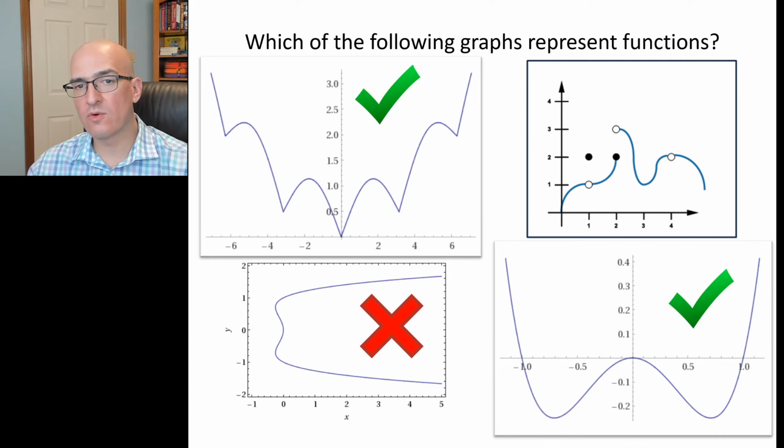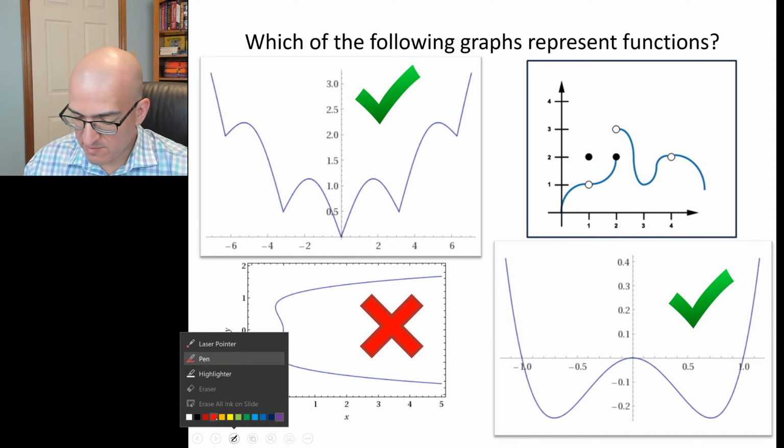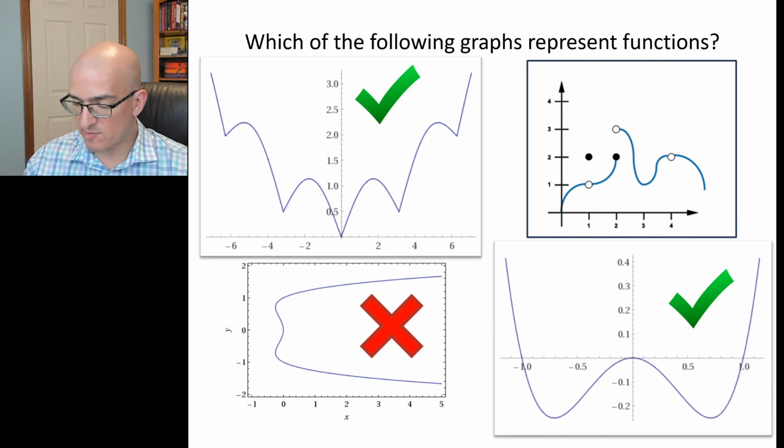Recall that if we put a hole in the picture, it means the function does not exist at that point. If we fill in the y value with a point floating in the middle of space, that means the function's y value is equal to the y value of that point at that x coordinate. So when we perform the vertical line test on the top right graph, the first problem area you might be concerned about would be at x equal to 1. You put the vertical line here, and it does not hit the function at that open circle. It passes right through it, but it does hit over here. So okay, it passed that vertical line test,